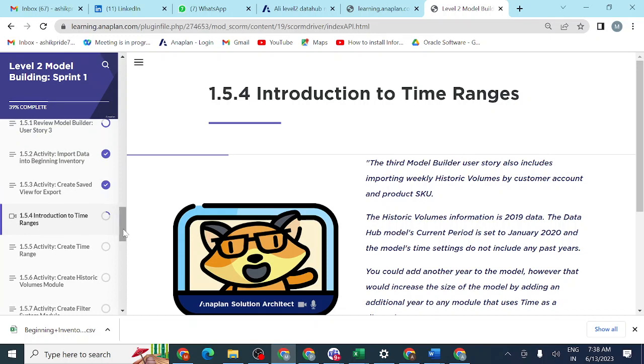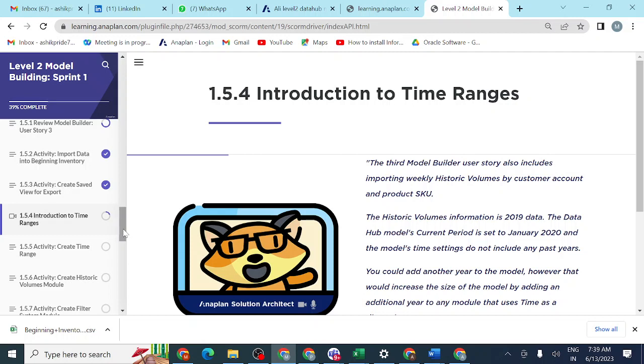Generally, in the time calendar we set 2 years, 3 years, like that. Whatever time we want, we can set. In the model calendar, whatever you use, that time will be applied to the entire model.